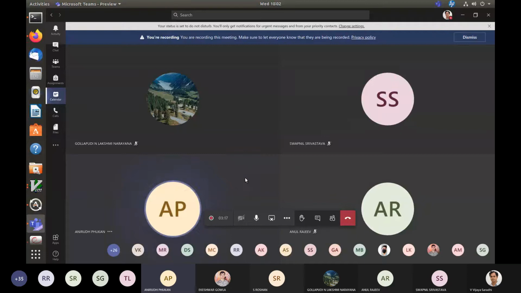So timing is the class timing only? Yes, class timing. It will be during the class hours. We will have this session and then it will be for 1 hour, 55 minutes. That's what it is. Any other question?